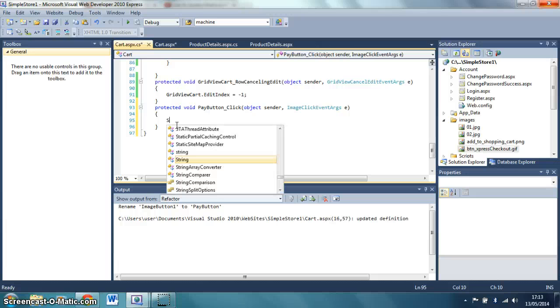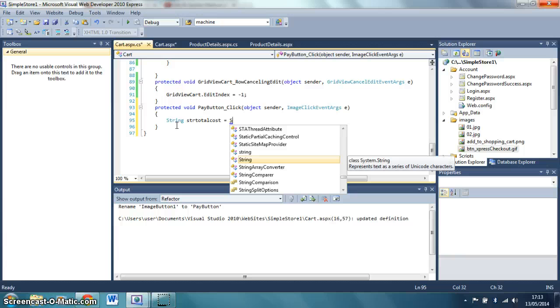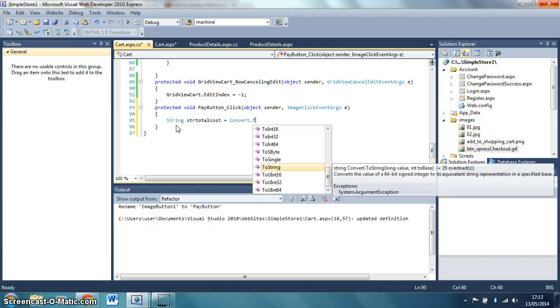So first of all, I'm going to set up a string and call it string total cost, str total cost, and just get this out of the session and let's convert it to a string. Convert to